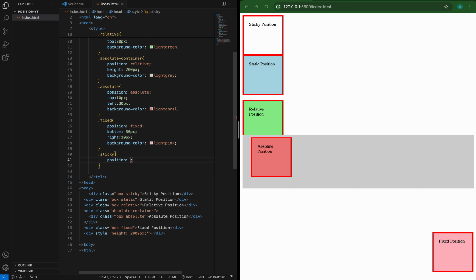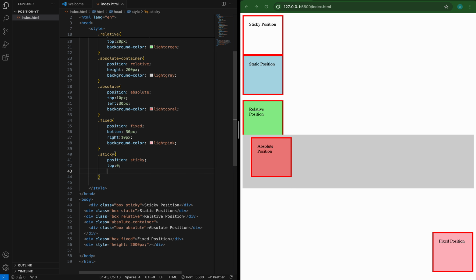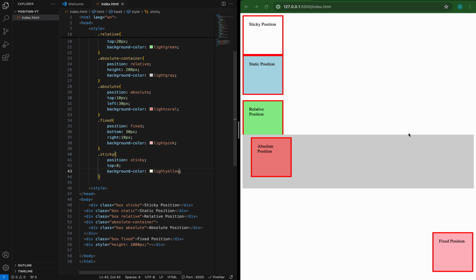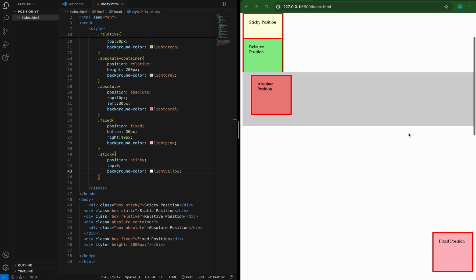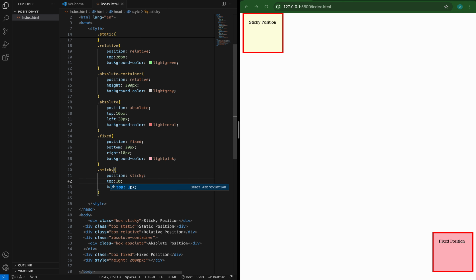The position is sticky. Okay, and I have top of, for example, 0, and I want to have background color of light yellow. Now as I scroll, the top is 0 and it sticks to the place. For example, if I change the top to 10,